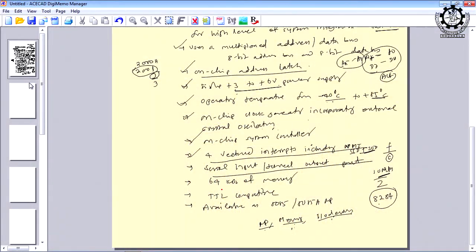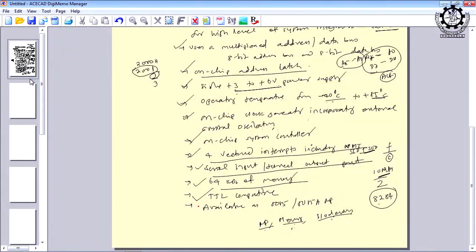So, then this is very clear, 64 kilobytes of memory, and this is because of the system address lines, 2 to the power 16, 64K. Then as I told you, it is TTL compatible. TTL stands for transistor-transistor logic. That means each and every component is manufactured using only transistors. There can be multiple transistors. There are different types of logic, RTL, TTL, DTL. DTL stands for diode transistor logic. One diode and one transistor will be the basic unit to manufacture a gate.